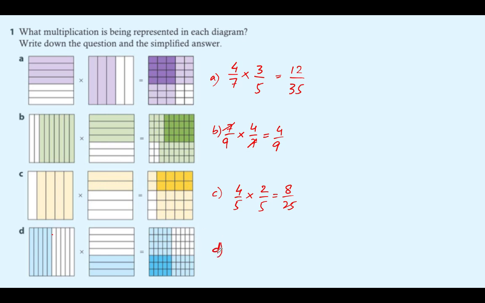Now in part D, we can see first there are 5 out of 10 boxes multiplied by 3 out of 7 boxes. We can simplify them. 5 ones are 5, 5 twos are 10. So we get 3 out of 14. That is the answer. So the basic concept behind this is that they wanted to show us that when we are multiplying fractions, the overlapping area is the answer out of the total boxes.